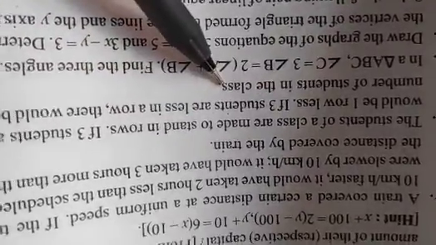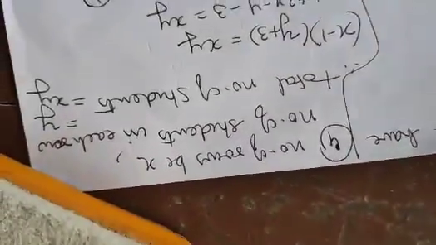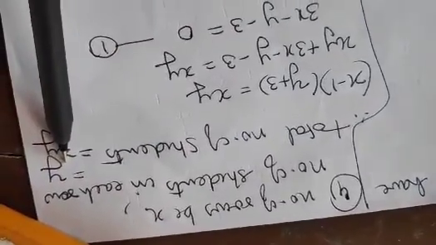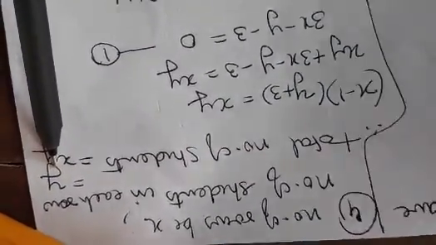So here also 3 different values are there. One is you should know the number of rows. You should also know the number of students in each row. Then only you will know the students in the class. So here you will assume in this manner. Let the number of rows be x and the number of students in each row be y. So the total number of students will be x into y.